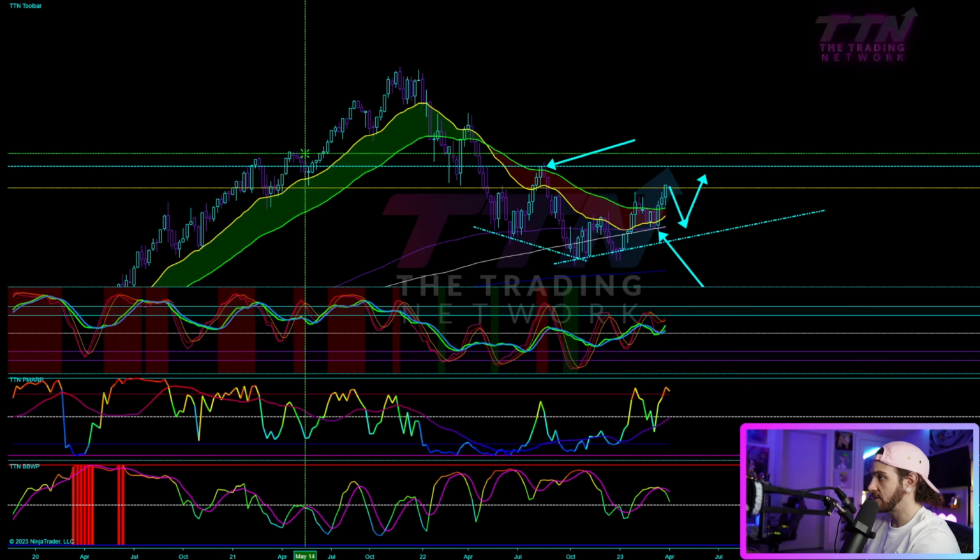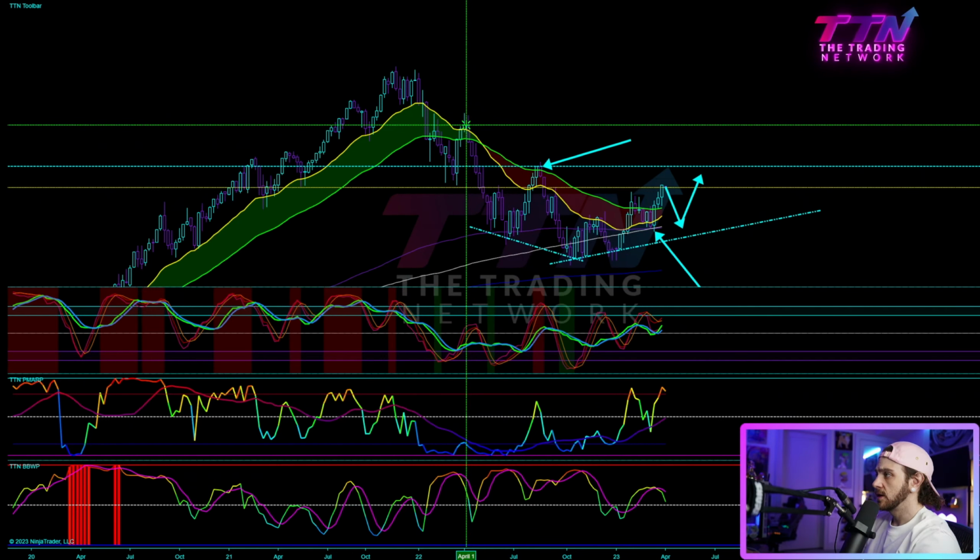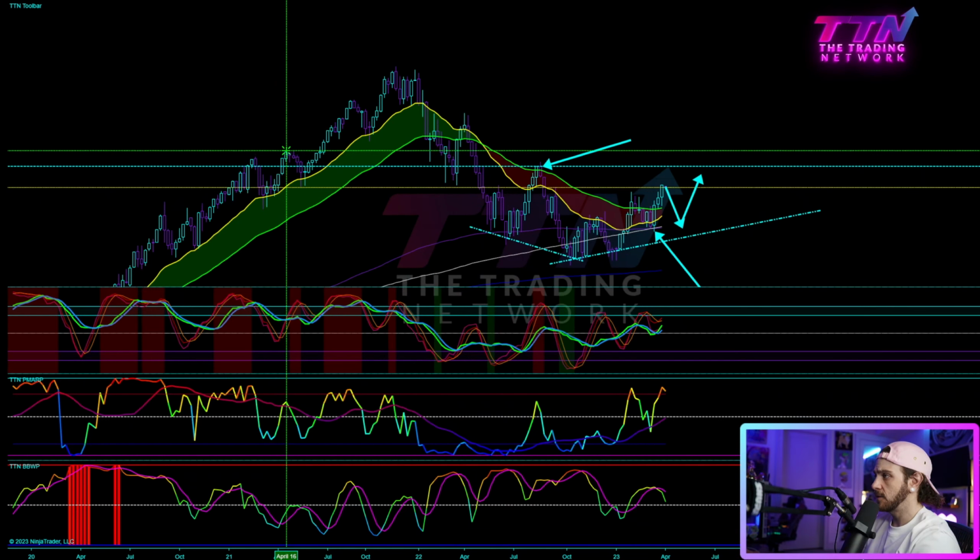I'm looking at this area back from April on the run up. And then after that, I would be looking at the next area. Just give me one moment to reload my charts here. There we go. So I'd be looking at this area right here, which is April 16th, 2021, 14.4K.